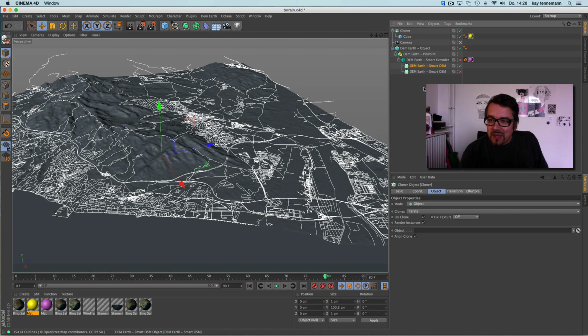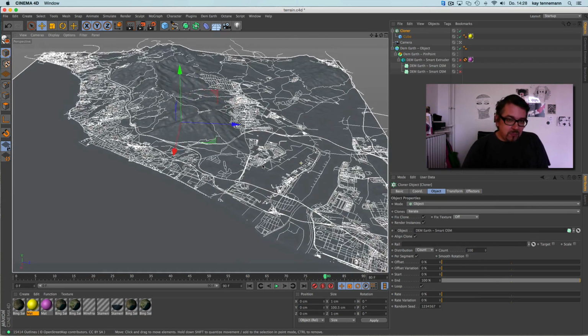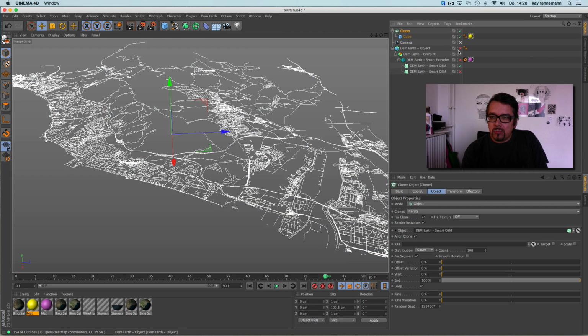In this case, I give it this spline. It's possible that now everything explodes. Oh no, it's just a count of 10, so nothing explodes. Can we see it? Moment. Did I give it the right one?